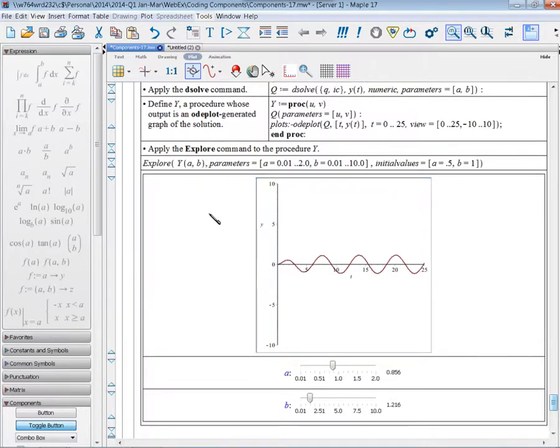And when I put explore on y of A and B, I can declare the parameters for A and for B. I can give initial values, and now we move the slider, and what you are getting is a graph of the solution of the initial value problem, which has been created numerically, but fast enough that there is a response to the sliders. Okay, so